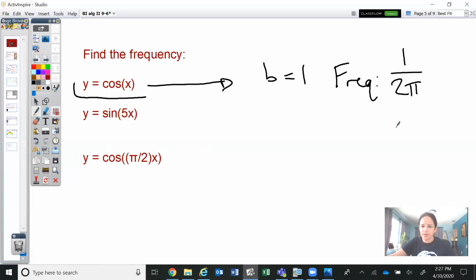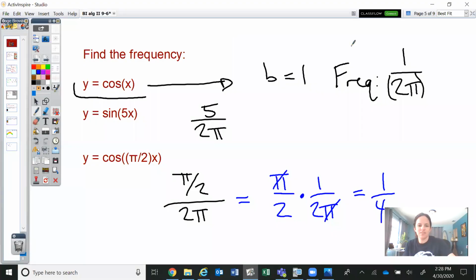And then if we wanted to get a decimal for that, we would just divide 1 by 2 pi and make sure that you would type the 2 pi in parentheses in your calculator. Go ahead and try the other two. Pause the video while you do that. And then we'll resume in 3, 2, 1,